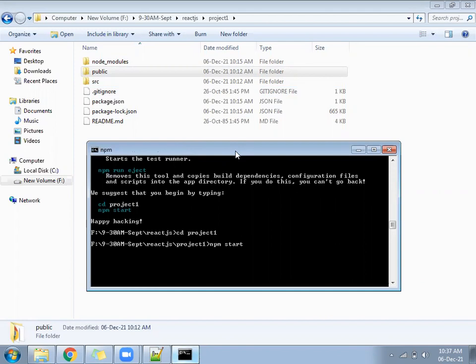Whichever source code is there, it will start compiling. Library plus your source code, the SRC folder, everything will get compiled. If the compilation happens successfully, after that it will give us some output.